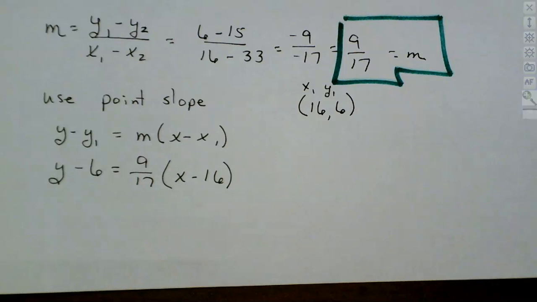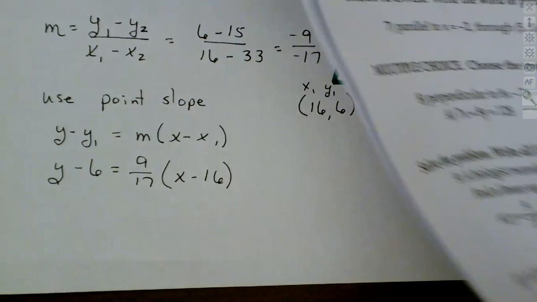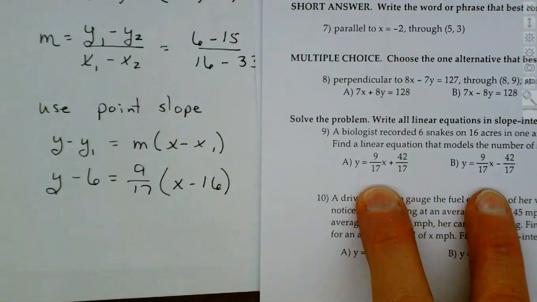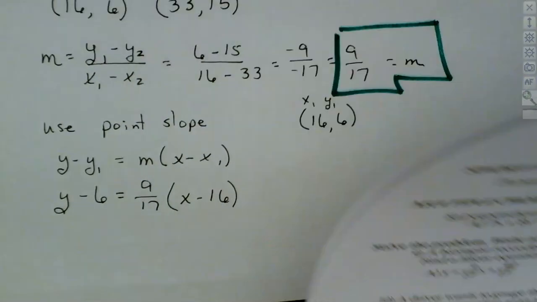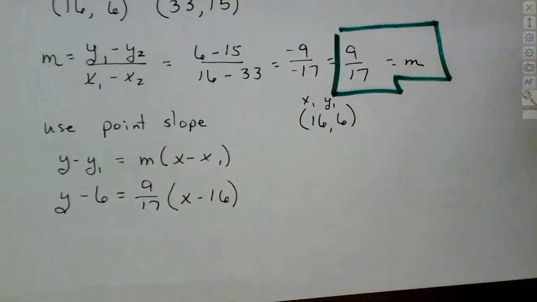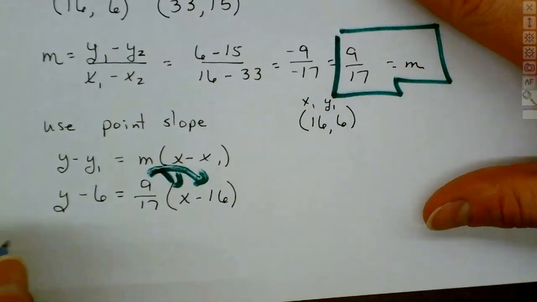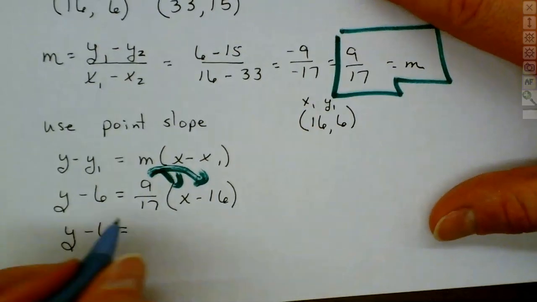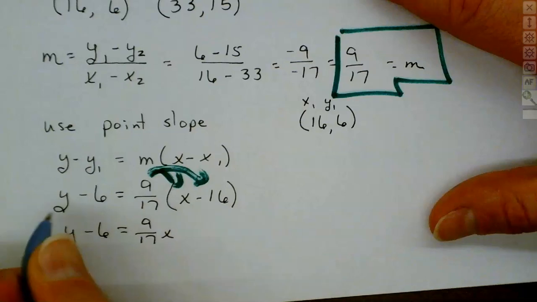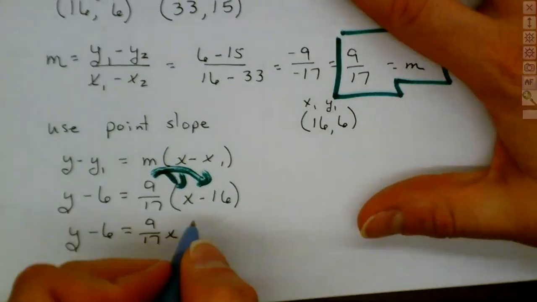And we eventually will come up with one of these answers. We know it has to either be A or B. That's it. We've got all the others eliminated, so it has to be one of those two. If it's not, we know we made a mistake. Distribute that 9 over 17 through. And that leaves you with y minus 6 equals 9 over 17x minus, we've got 9 times the 16 here. That's going to be a minus 144